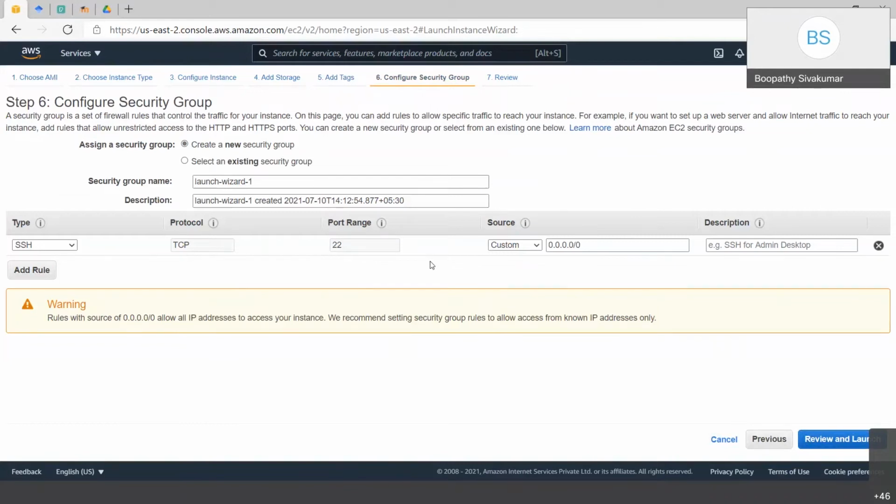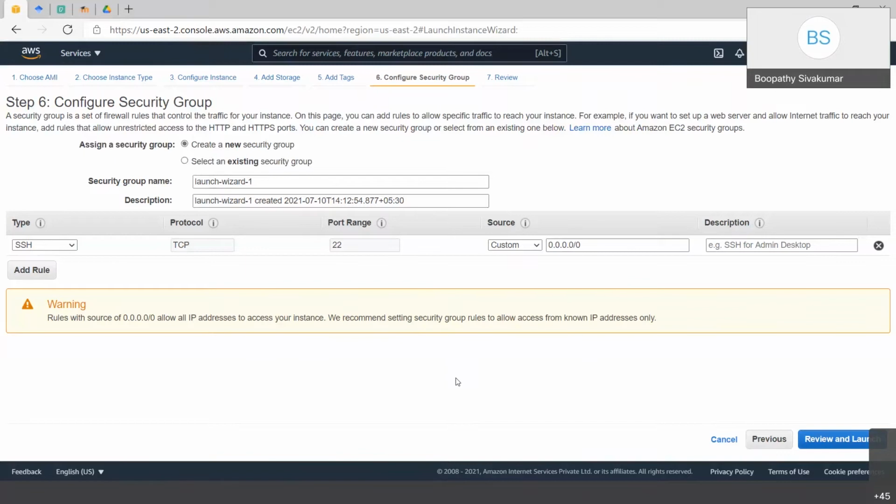Last week we were discussing NACL and security groups, right? The main purpose of NACL is that it acts like a firewall where inbound and outbound traffic will be monitored. A security group is attached at the instance level, and it will monitor only the inbound traffic. It will drop only the packets that are trying to come in. It will not drop the packets which are outbound, which are trying to go out.